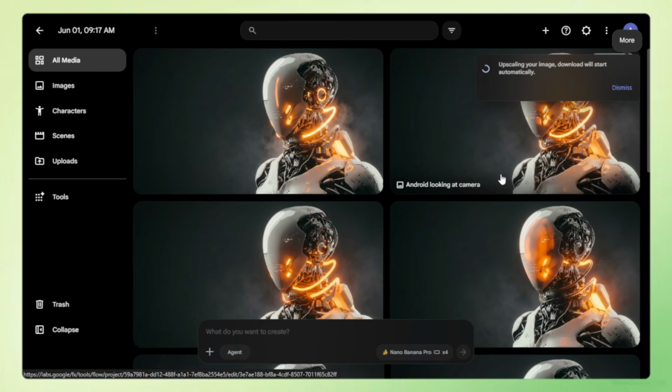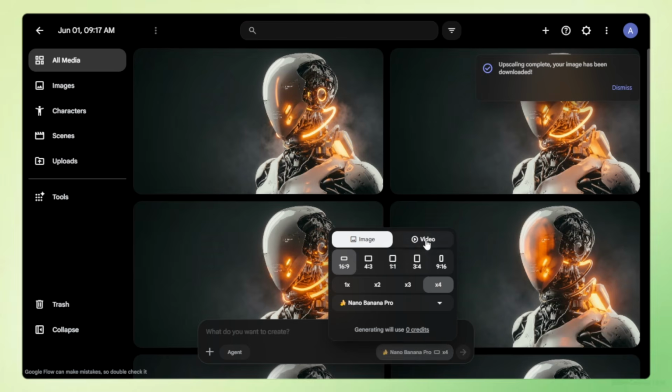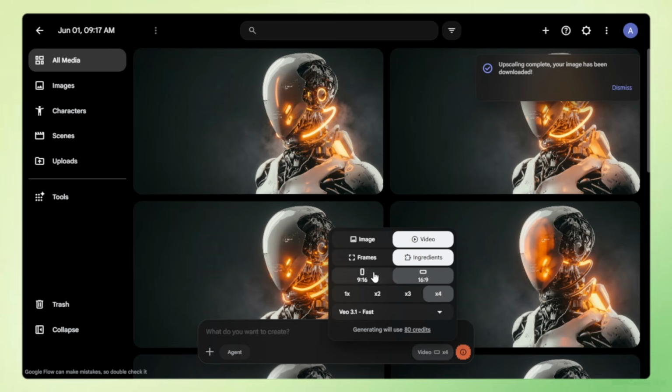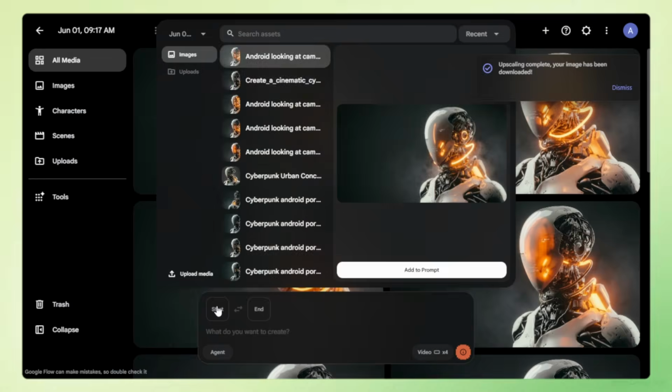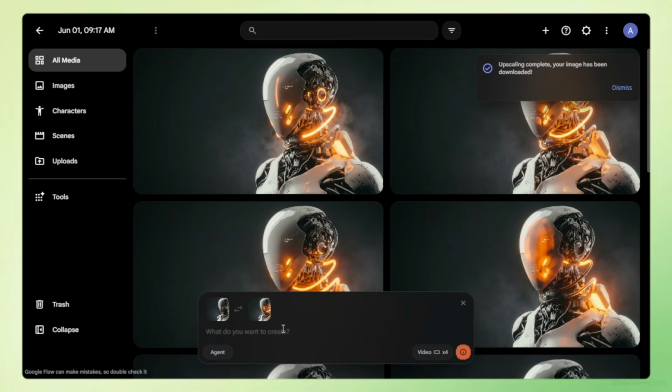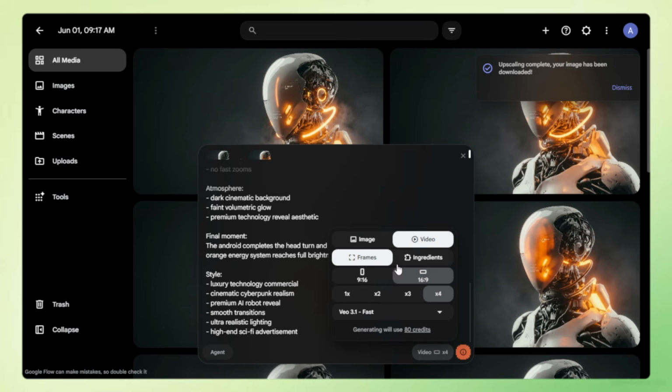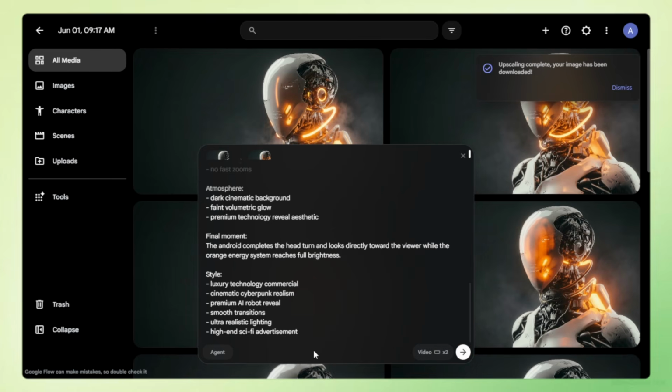Now let's create the animation. For the animation, I'm gonna add the start frame and end frame. For that, turn this to video mode, and then we need to convert it to start frame and end frame. So that's why I converted it to frames. And here I'm gonna add the start frame, added. Let's add the end frame, added. And now let's paste the prompt. Just convert this so we want only 2 videos, okay, and it takes about 40 credits, and